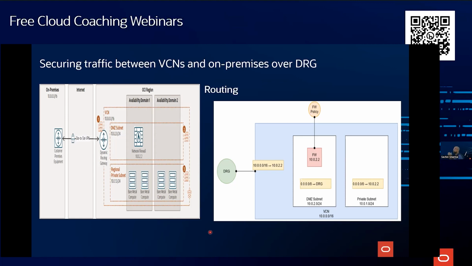They ask for a centralized architecture where they can put their network firewall in the hub VCN for monitoring purposes, for the rules which they have set, and for the traffic going to the spoke VCN. So I'll show you how a spoke and a hub VCN can be connected over DRG, how routing can be created for hub and spoke, and how the traffic can be monitored. I'm going to show you on the console. Better to show on the console.